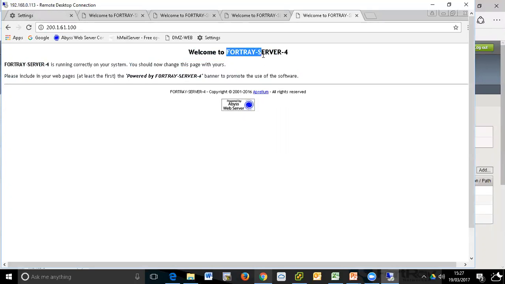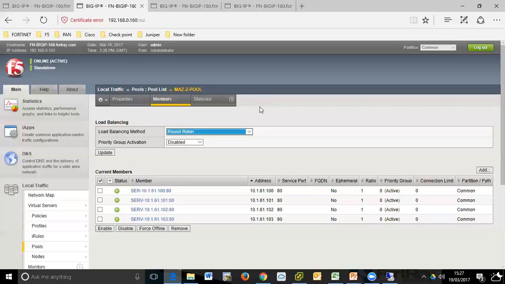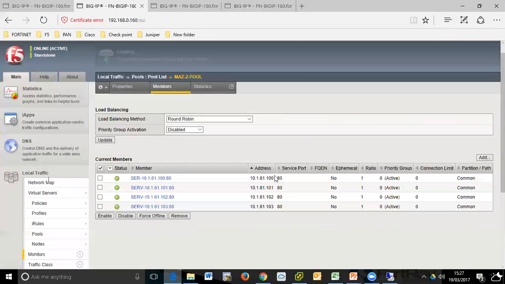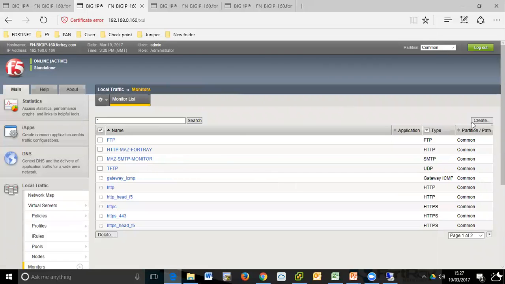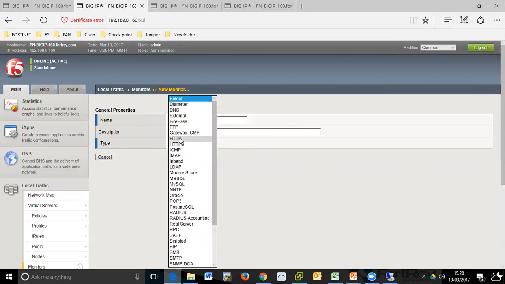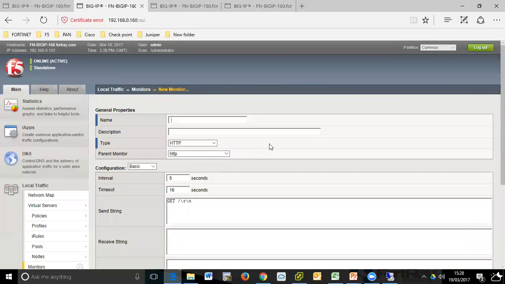So maybe it is sometimes better to create a custom monitor which can keep sending a couple of strings, and then keep checking that the application is available. So it's actually visibility of the application. If you want to do that, you need to create the custom monitor. If you go to the monitor, you can create a custom monitor, for example, HTTP, okay? And in the HTTP,